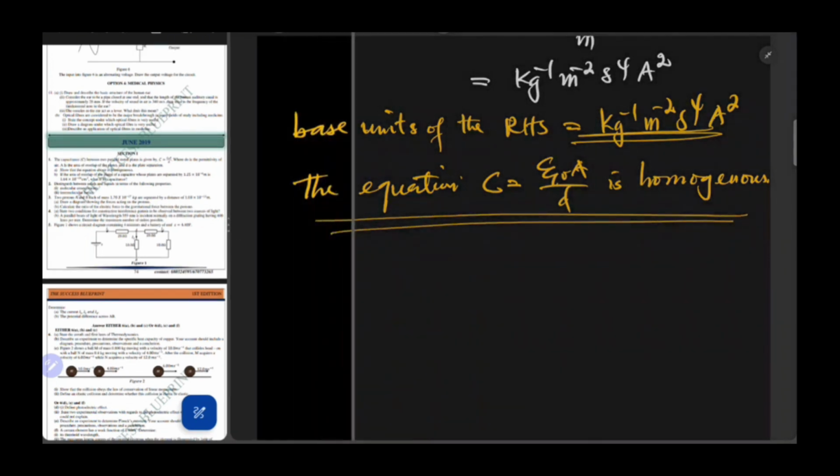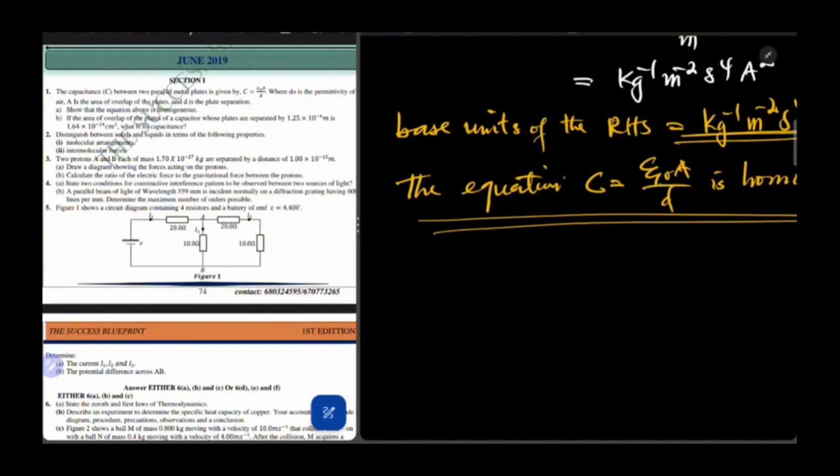Now part B says, if the area of overlap of the plates of a capacitor whose plates are separated by 1.25 × 10^-6 meters is 1.64 × 10^-24 centimeters squared, what is its capacitance? Now from that information we have been given